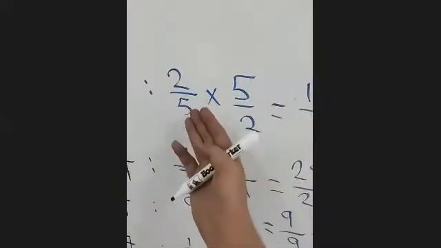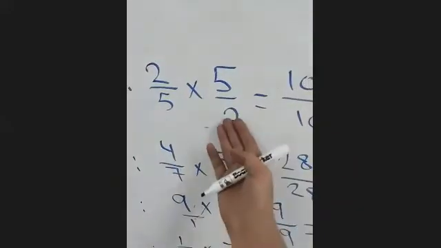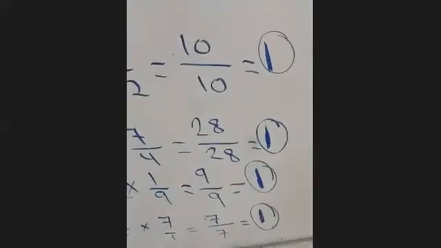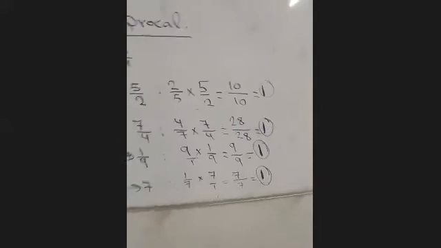Now, here is the idea: if I multiply the fraction with its reciprocal, the answer is always what? 1. That's all. Got it? Yes. Thank you guys. Now let's go to example 1 and keep